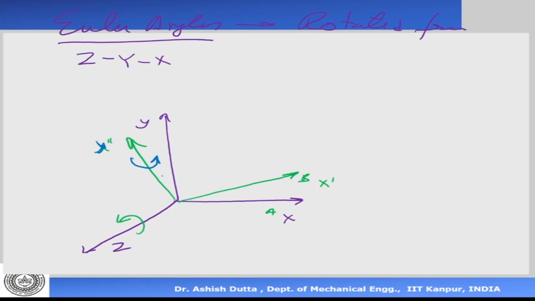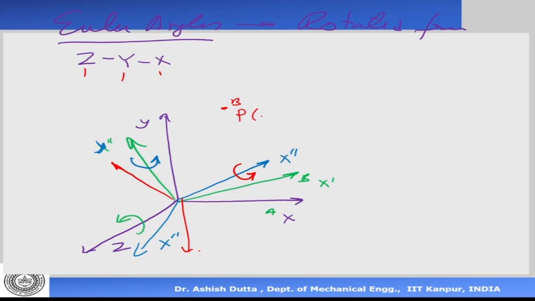Now what will happen? Now it's a little difficult to visualize. So what will happen? This will go here, X double dash, and Z will come here. Okay, and then I'm going to rotate about, it was Z, Y, and then X. Now where is X? X is here, but the rotated X. Okay, I'm rotating here now. So this is gone here and that's gone there. Now if you have a point P in frame B, which has coordinates U, V, W.